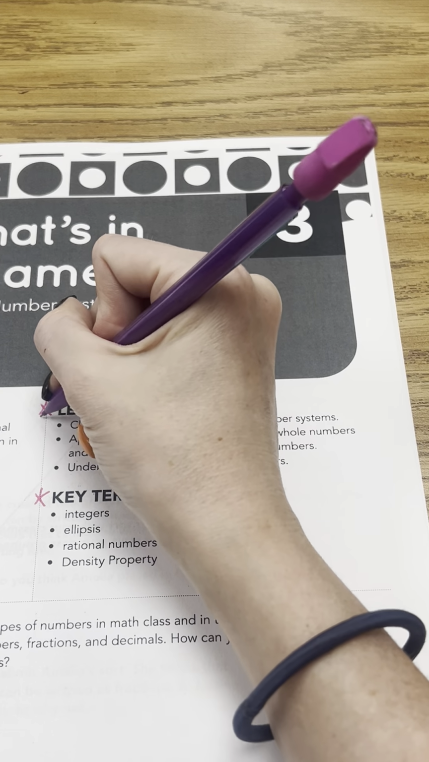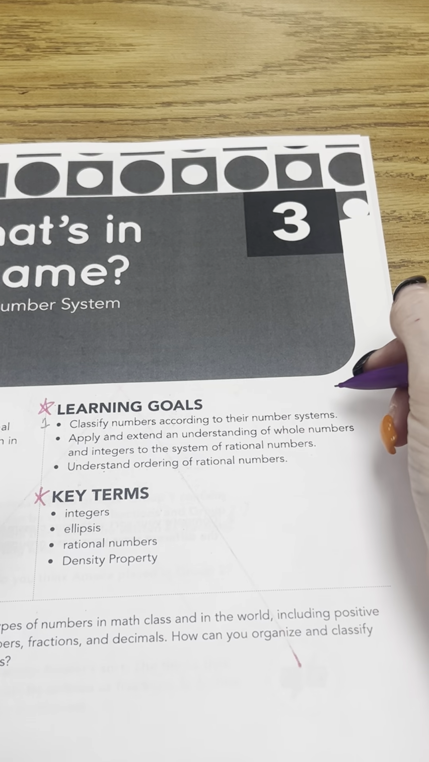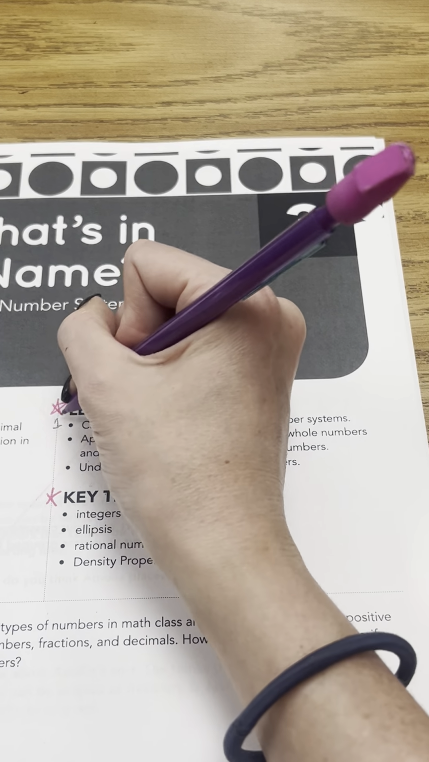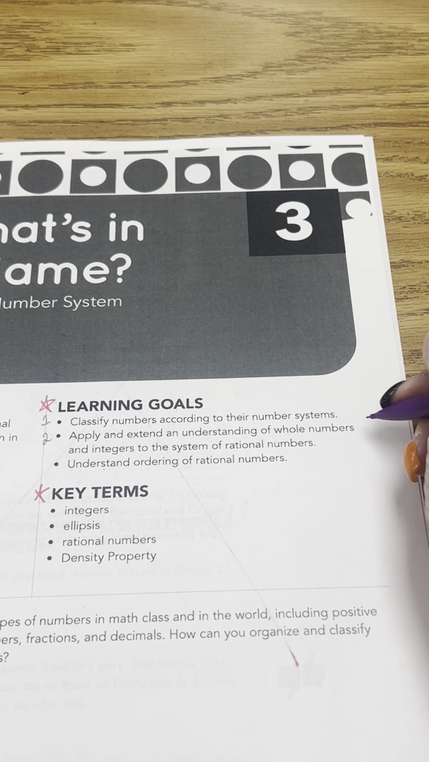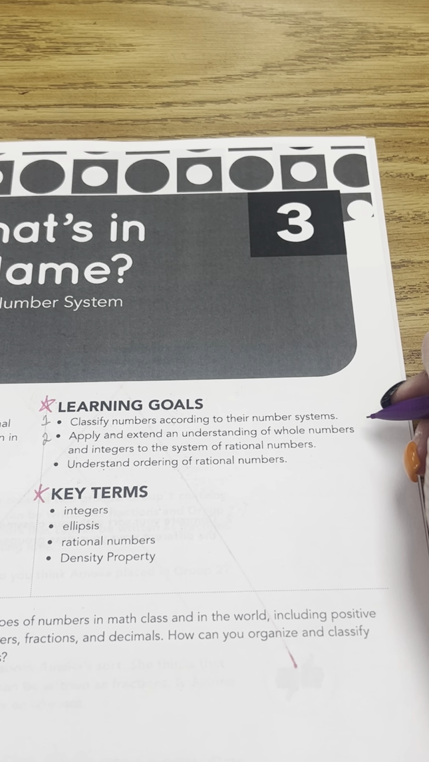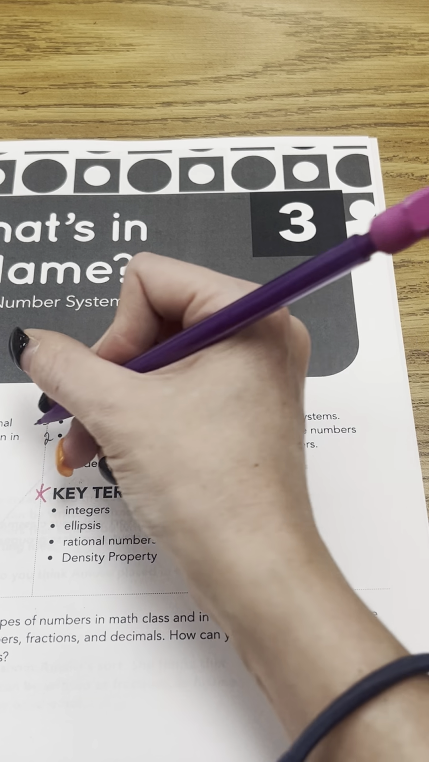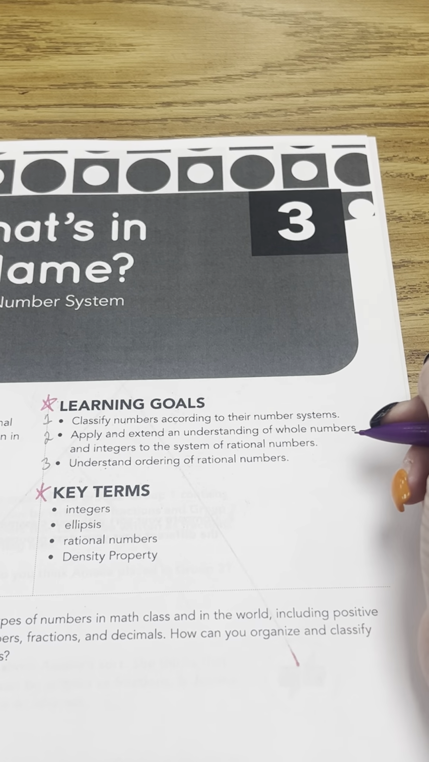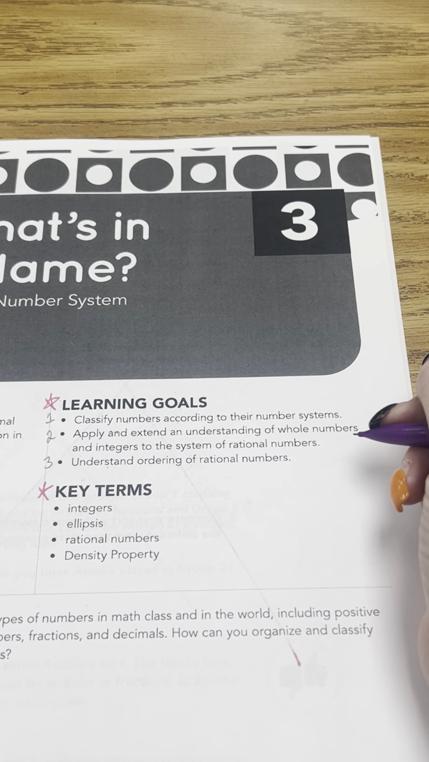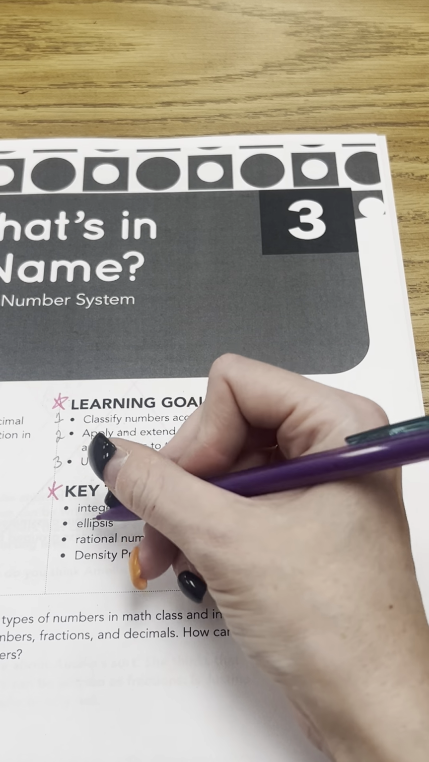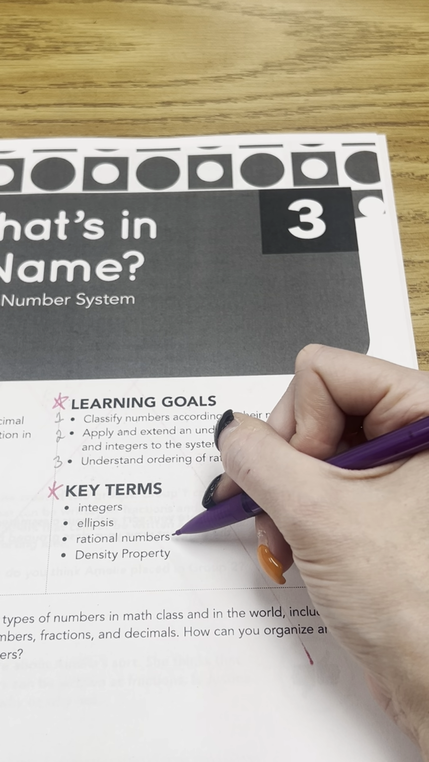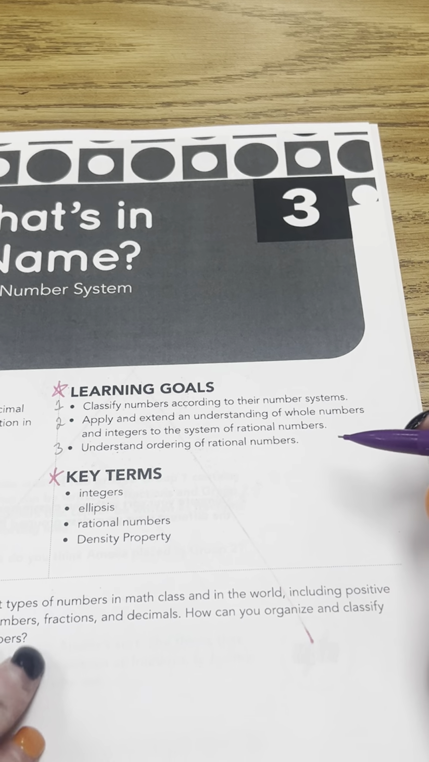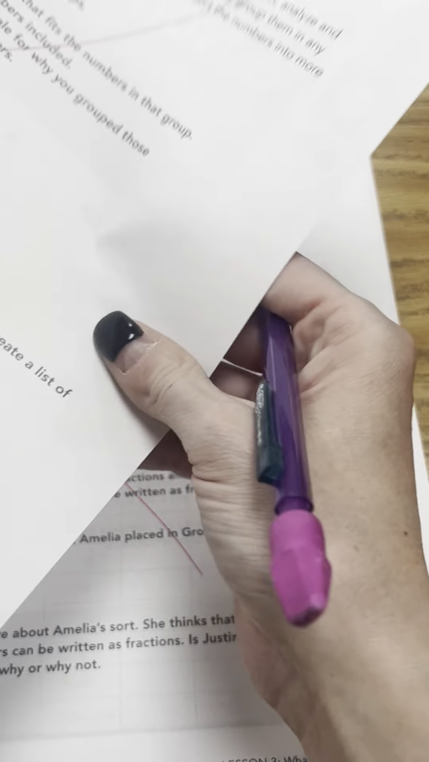Our first learning goal is to classify numbers according to their number systems. The second learning goal is to apply and extend an understanding of whole numbers and integers to the system of rational numbers. For 3, understand ordering of rational numbers. Key terms: there are 4 key terms here: integers, ellipsis, rational numbers, and density property. Okay, we are skipping